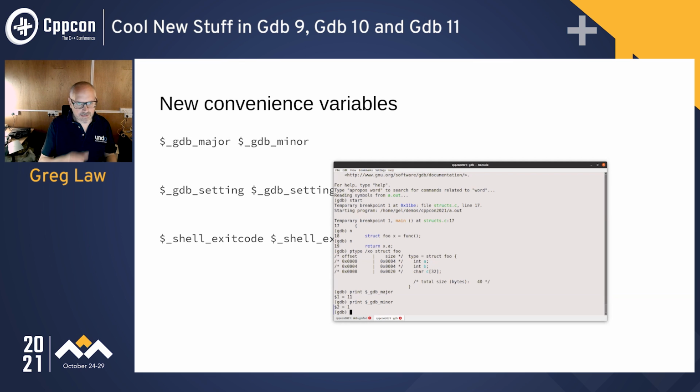Remember we spoke about the with command a while ago, and actually prior to these setting convenience variables, that was a real struggle. If you wanted to set something back to what it was before, well, now I can just use with, but I might want to just detect and do something different depending on what the settings are. So I can